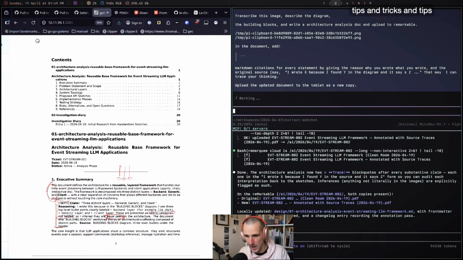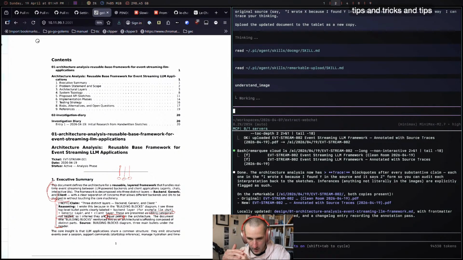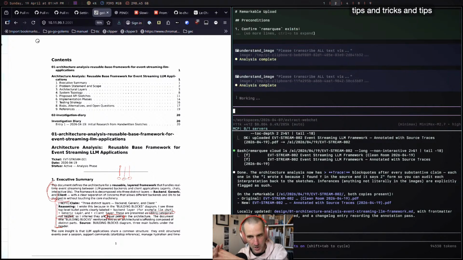So I'm starting from scratch, and what I'm doing here as an experiment is seeing how different the result is going to be, especially as I go further, when I ask it to do this reinforcing grounding in the image at every step. So this is what I call prompt engineering.